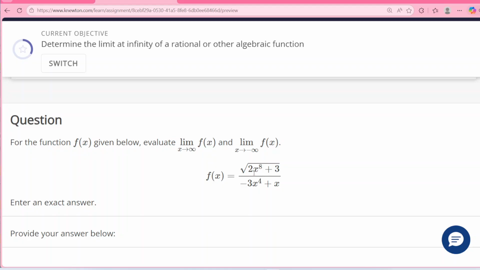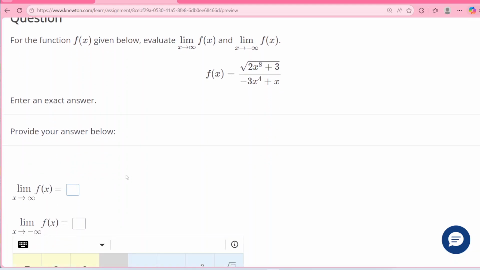Now the square root of 2 times the square root of x to the 8th will be x to the 4th, no matter what x is, because x to the 4th, whether you're positive or negative, is positive. So the square root of x to the 8th is just x to the 4th, not the opposite of x to the 4th. And then the highest powered term down here is negative 3x to the 4th. The x to the 4ths would cancel, and you'd end up with positive square root of 2 over negative 3. So the limit on both ends is going to be negative square root of 2